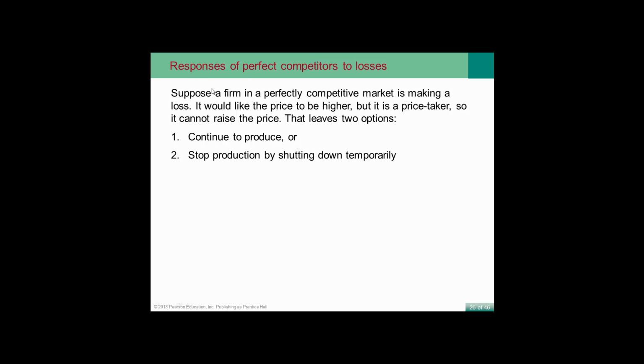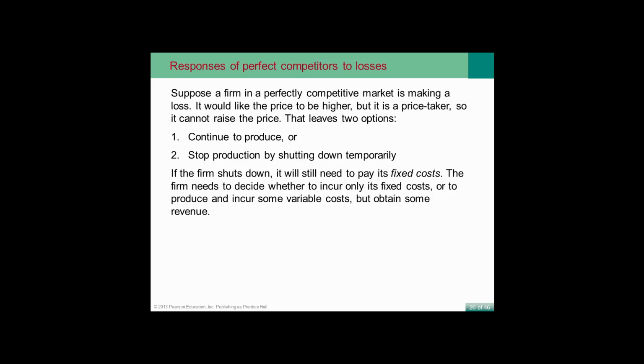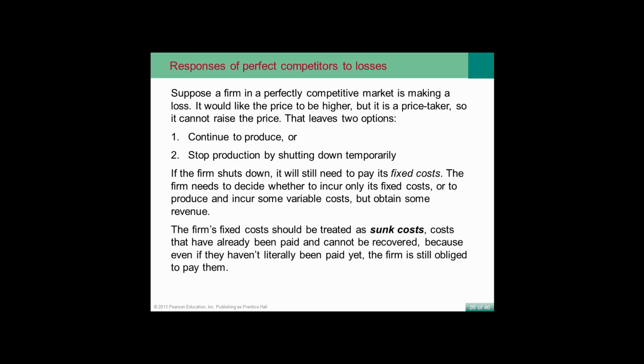Suppose a firm in a perfectly competitive market is at a loss. It would like the price to be higher, but it is a price taker and cannot raise the price. This leaves two options: continue to produce or stop production and shut down temporarily. If the firm shuts down, it will still need to pay its fixed costs. The firm needs to decide whether to incur only its fixed costs or to produce and incur some variable costs